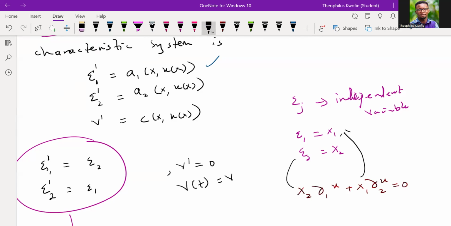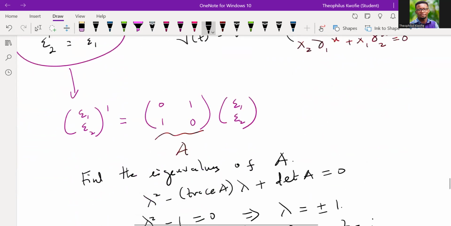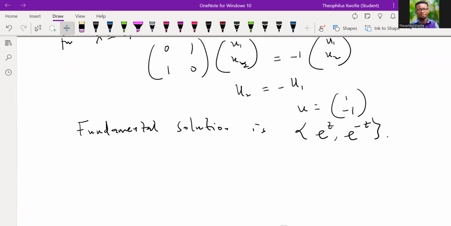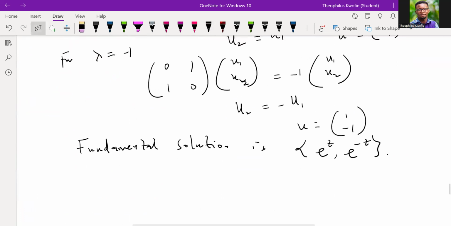Let's call it v naught. Which means that the general solution to the characteristic system